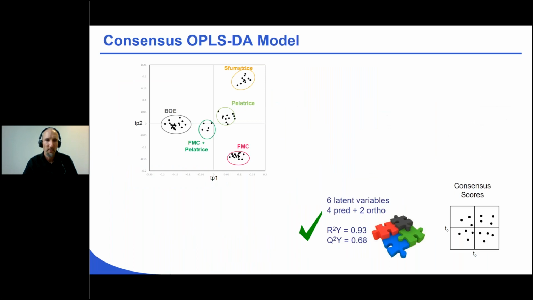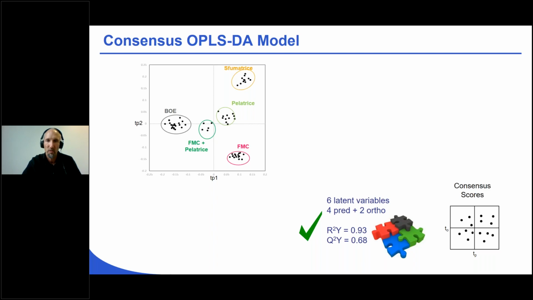So what did we get with this modeling approach with our different extraction processes? First, we were quite happy to see that we were able to build a model that was quite predictive with 4 predictive components and 2 orthogonal. And looking at the first principal plane, gathering the 2 first predictive components, we were able, as you can see